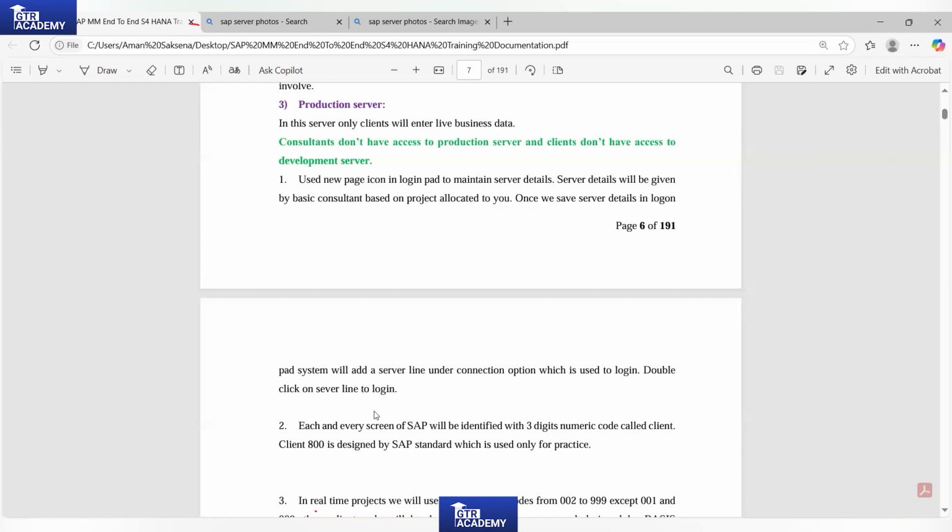So we do not have access to production. Direct access will not be given. It can be given by the client, let's say via a firefighting ID, which is a maintenance ID. Let's say you have been part of a rollout project, and that project got rolled out. Then you can say, I need a maintenance ID, and I am going to maintain the server with the firefighting ID, and you will be able to make sure that